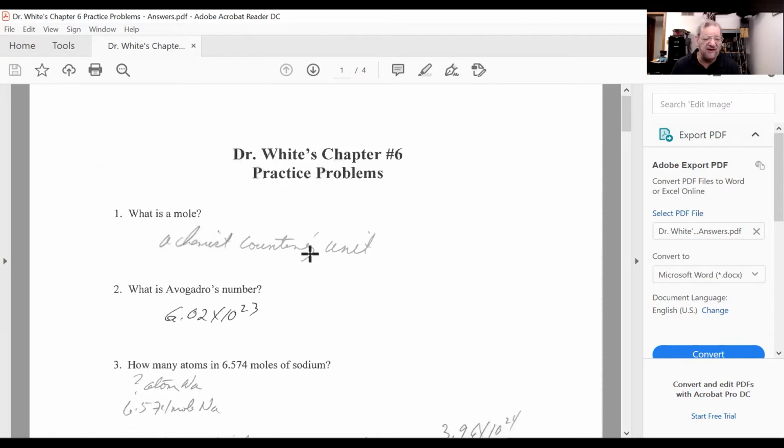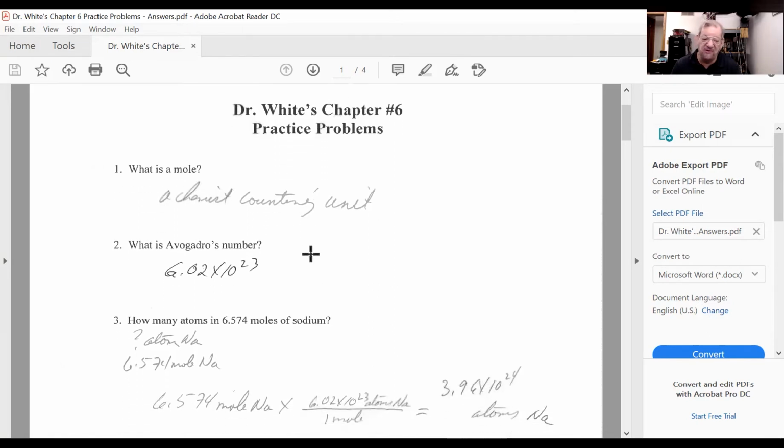Next, what is Avogadro's number? Key number you should know, and that is Avogadro's number is 6.02 times 10 to the 23rd, which reminds me, remember, my birthday is the end of December,